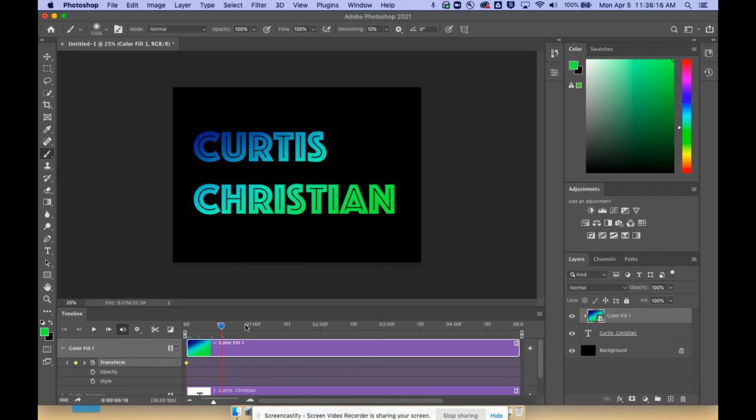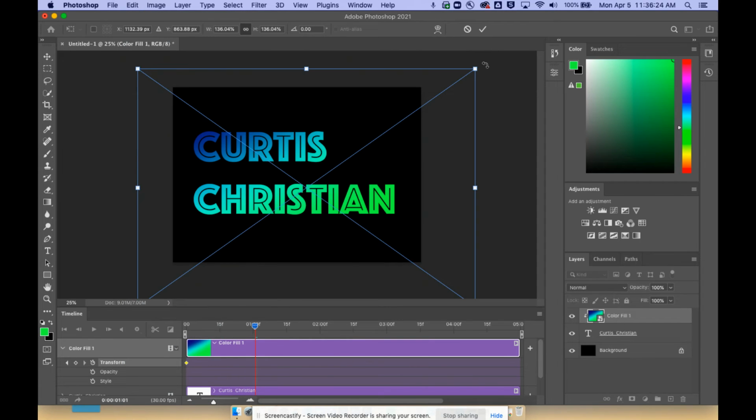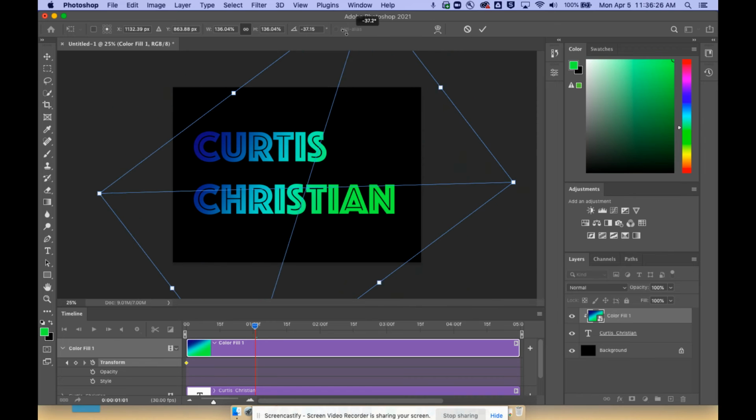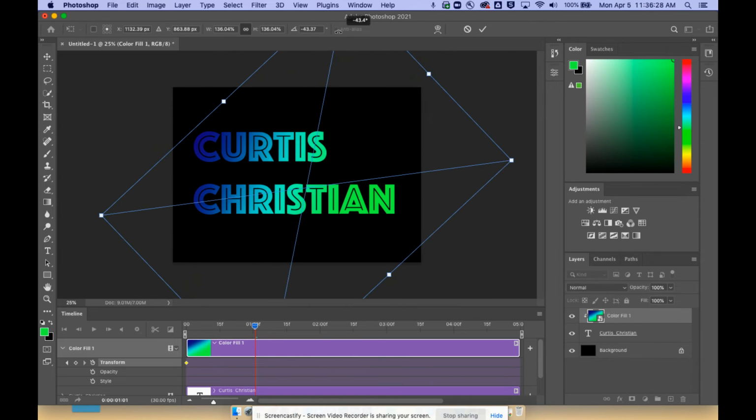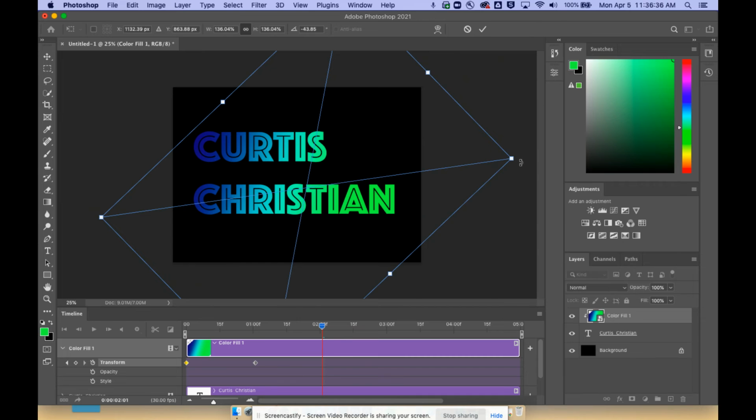All right, and then I'm going to move a second down the line, and I'm going to go to Edit, Free Transform, which, see, it's Command T, so I'm going to be using Command T from now on after this, and I'm going to rotate. I'm not going to change the size, I'm just going to rotate it. I'm going to get my corners up, click the check mark, makes a new keyframe for me because I made a change. Go to the second, and I'm going to do Command T, rotate,